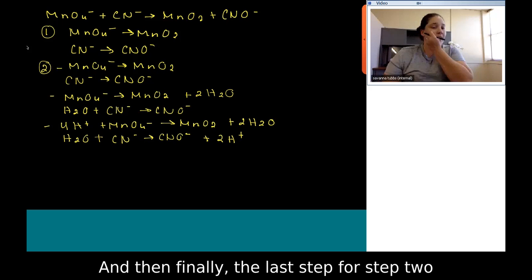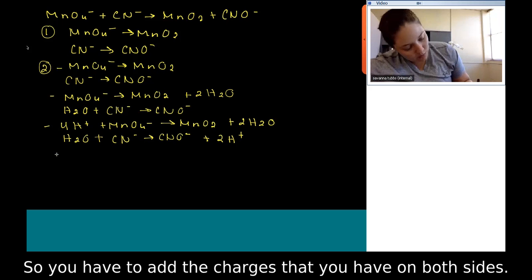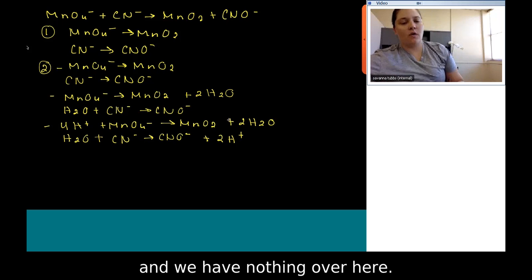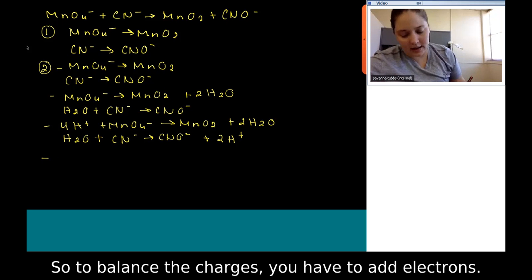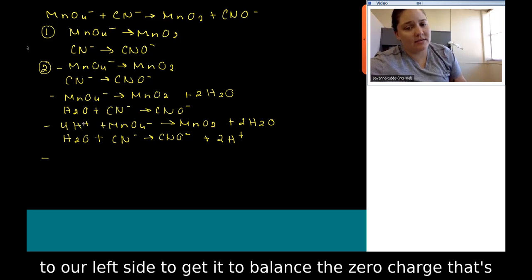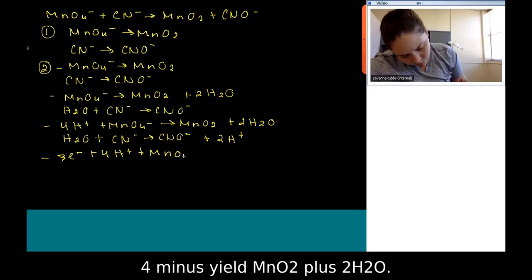And then finally, the last step for step 2 is going to be to balance our charges. So you have to add the charges that you have on both sides. So we have 4 positive here, we have 1 negative, and we have nothing over here. So to balance the charges, you have to add electrons. So for the first one, we need to add 3 electrons to our left side to get it to balance the 0 charge that's on our right. So we have 3e minus plus 4H plus plus MnO4 minus yields